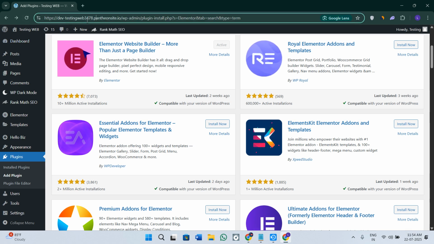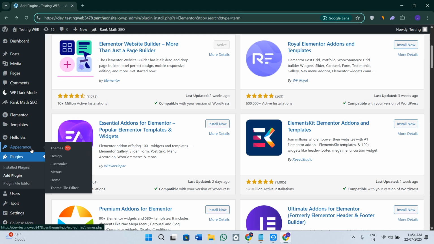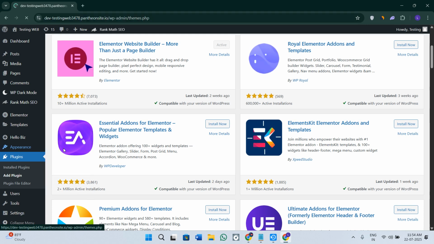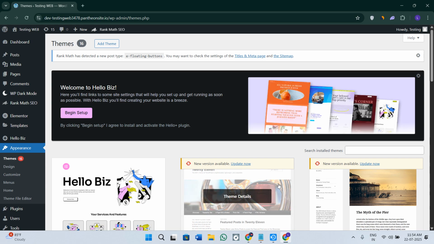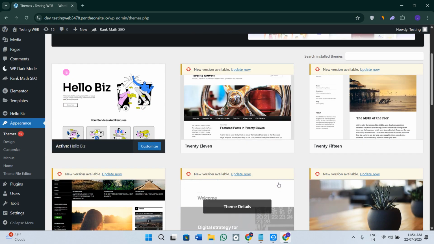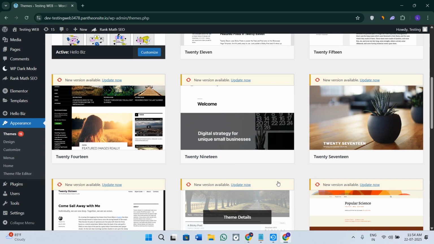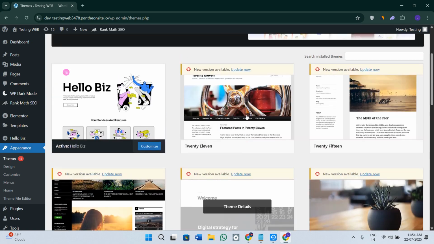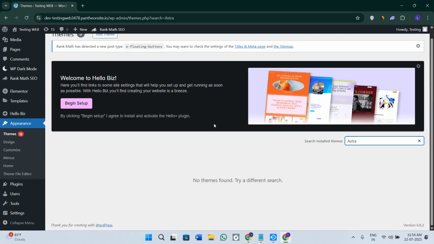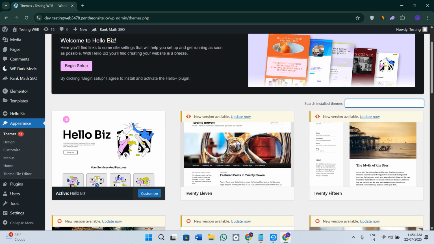First of all, you need to come on WordPress and log in to your WordPress dashboard. Over here, you need to hover over the Appearance section and click on Themes. Here you will see a bunch of different free themes which you can click on directly and activate for your WordPress website. So from here you can choose any of the portfolio themes like Astra or Neve. You can just simply scroll up and search for the theme. Like if I search for Astra, if you are able to find it, you can just simply click on it